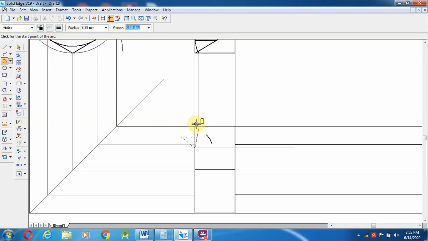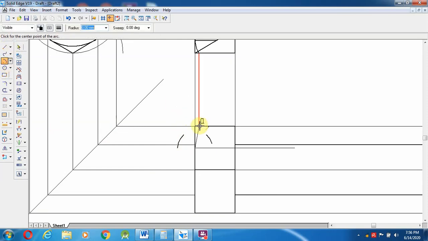Okay, so from somewhere here I am going to draw over here. Then in the same manner on the other side.